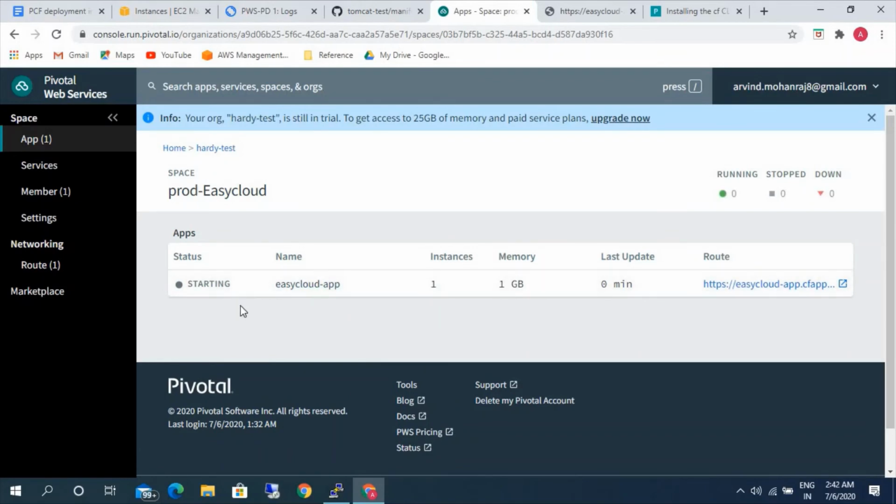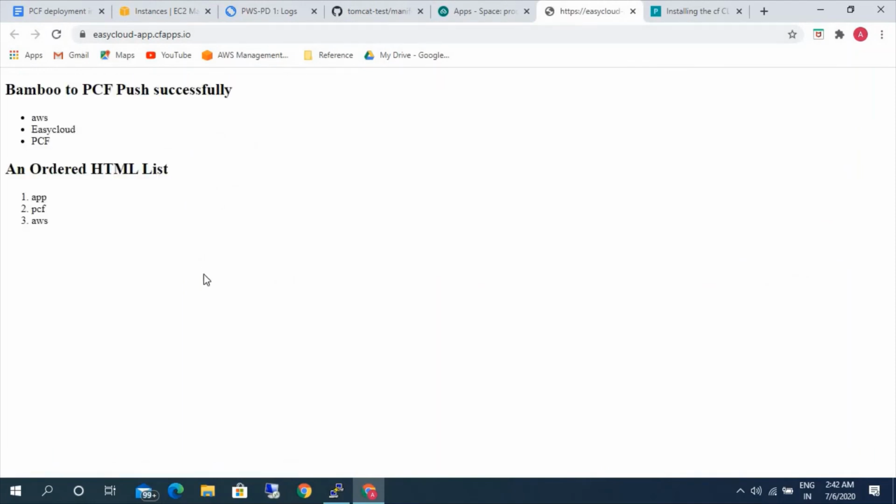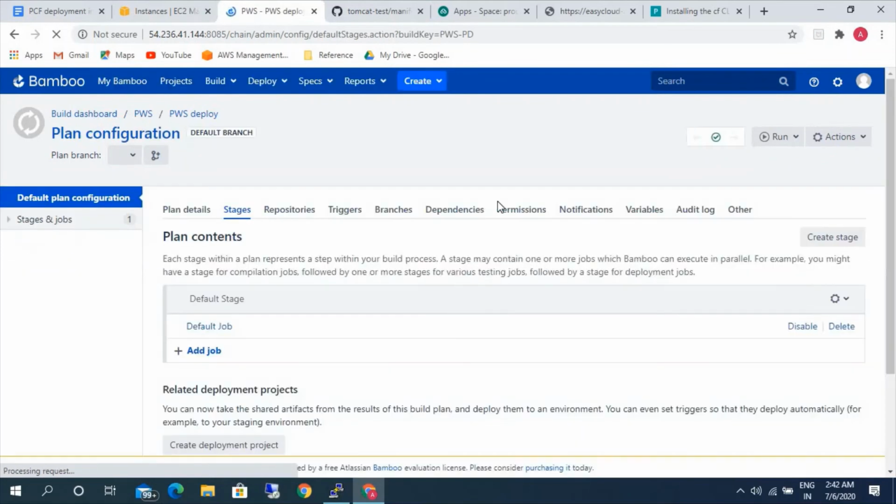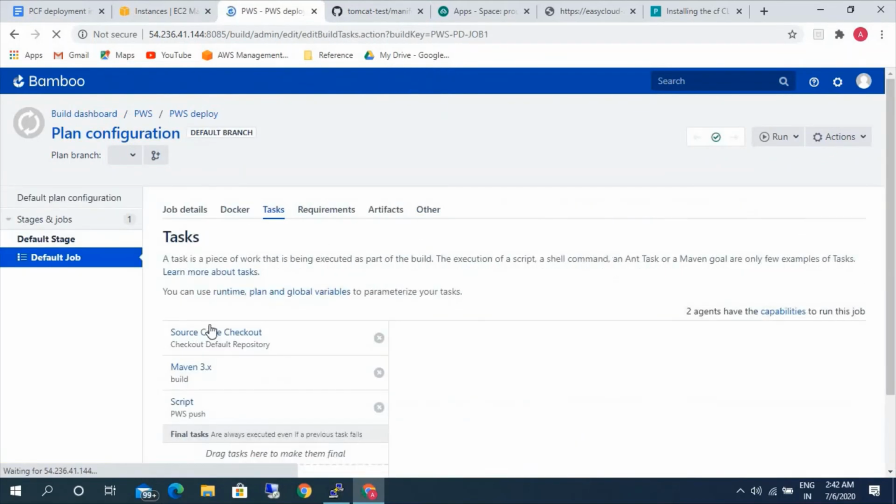Okay, if you can see here, it is starting the app. Yeah, it is successfully deployed.